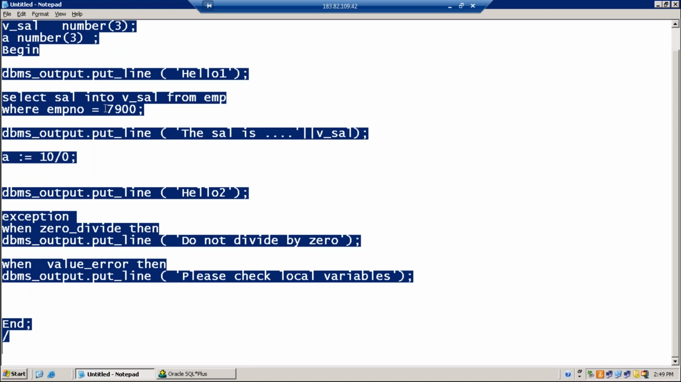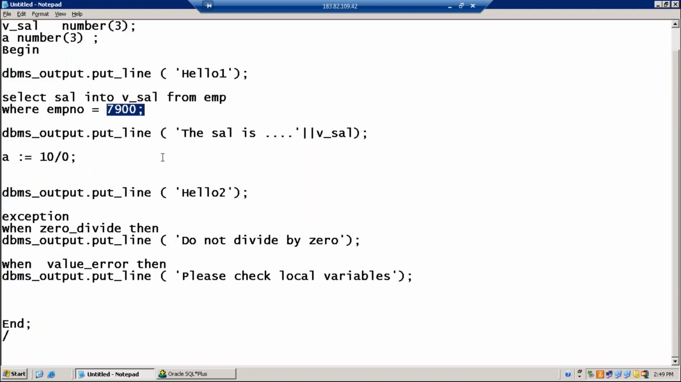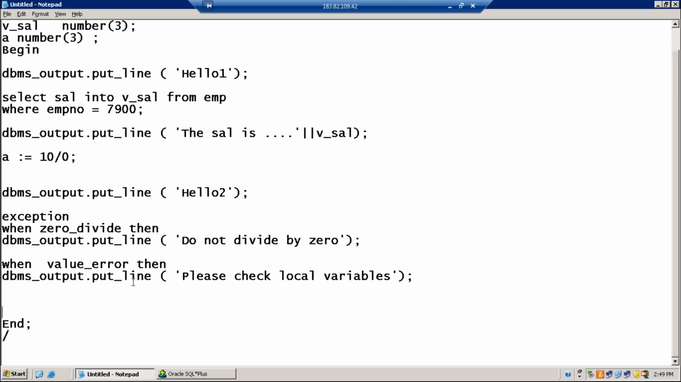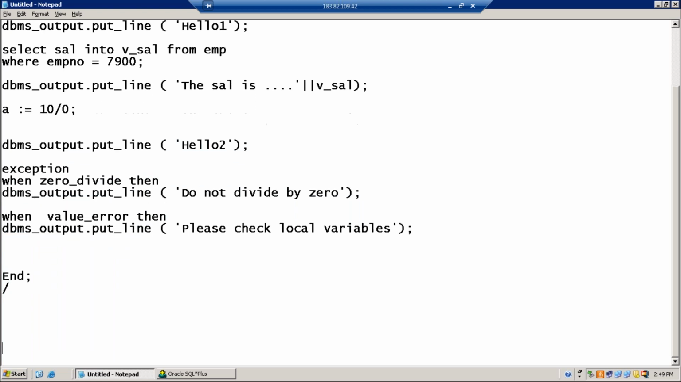If employee 7900's record has been deleted from the table, the exception is no data found, and your block is not handling no data found. This is not a good programming practice because your block is not handling all the possible exceptions. Now, the point I want to tell you is that we have a universal exception handler